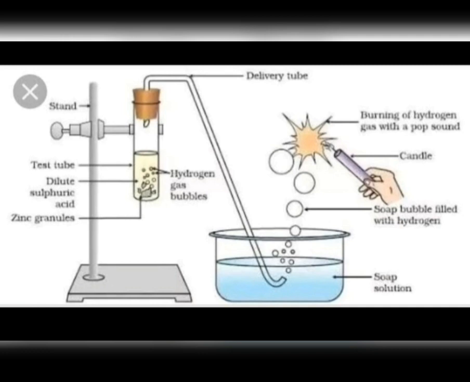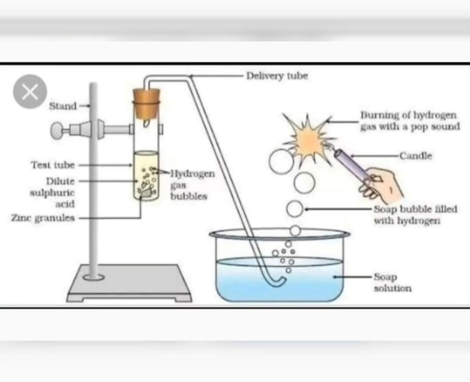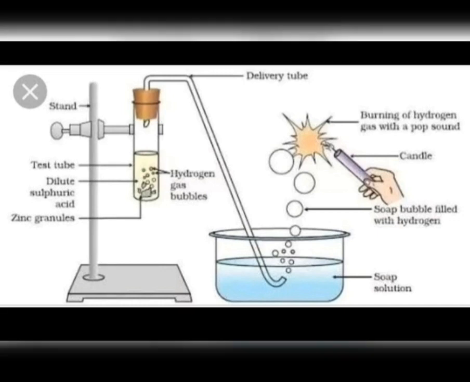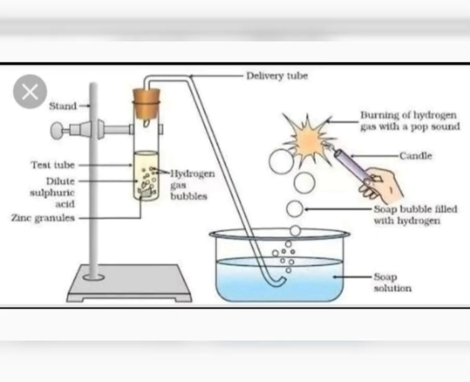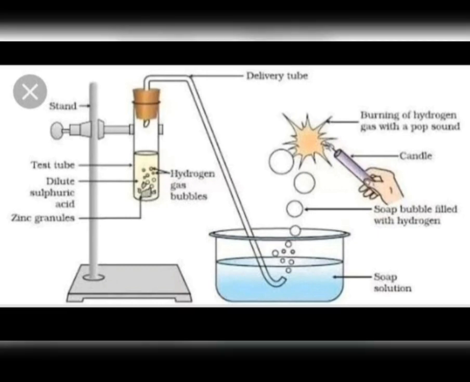See, students, some chemical reactions are characterized by the evolution of gas. For instance, if we take some zinc granules in a flask or a test tube and then add dilute sulfuric acid over these zinc granules, then what happens? You will see that bubbles are formed there. And the bubbles which are formed there are actually the bubbles of hydrogen gas that is being formed around the zinc granules.